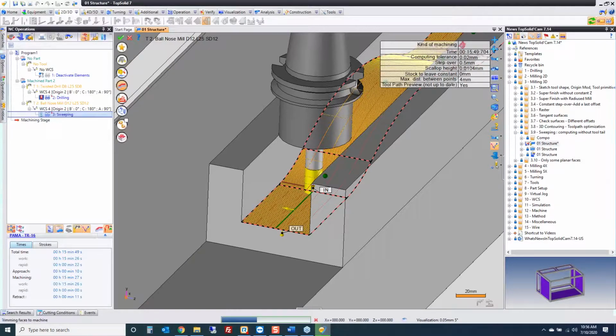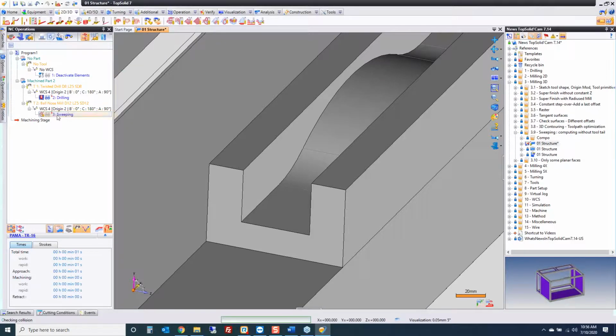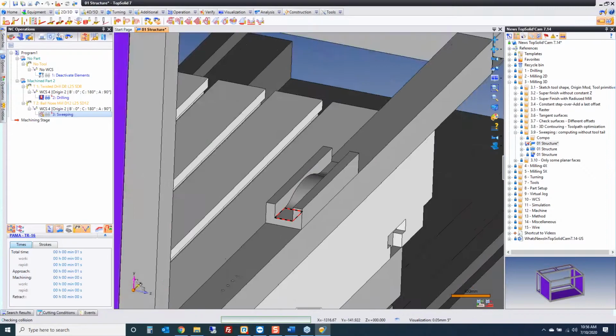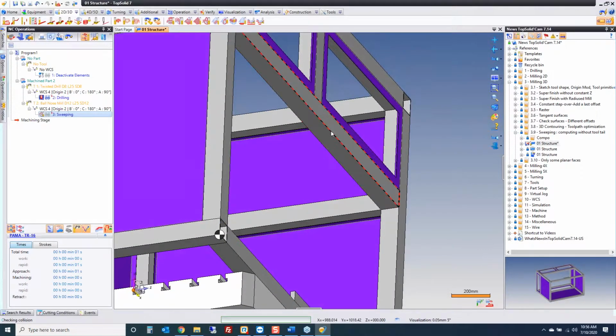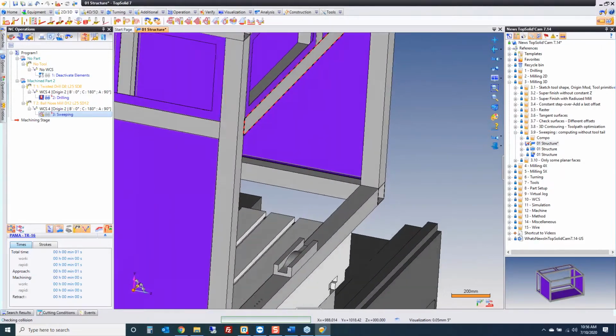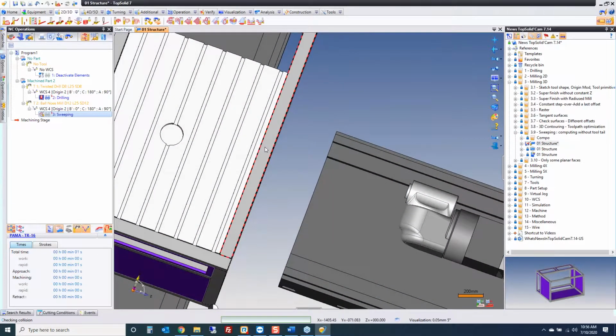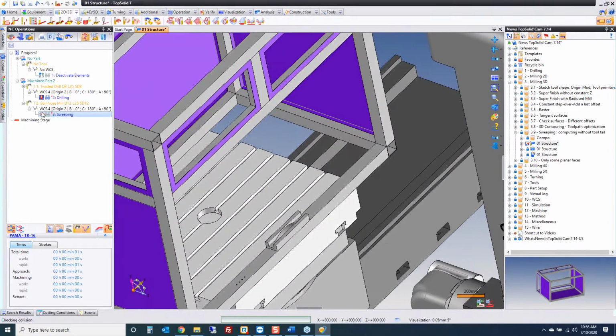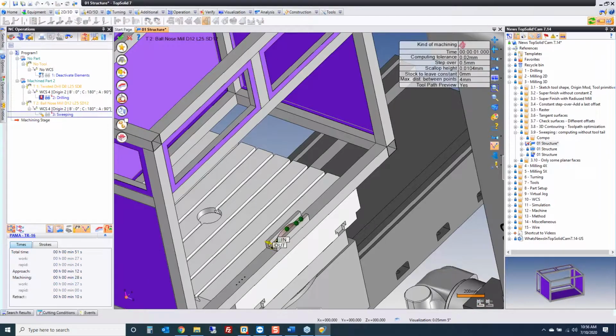And it does, it really protects those walls well because it's actually going to wind up calculating nothing. Why? The reason it's calculating nothing is because when you turn on automatic check faces, it's checking everything laterally as well as what's above it, because it doesn't know not to. So it's just checking everything. And because line of sight, that's in the way, it trims off the toolpath. Okay? So the improvement here